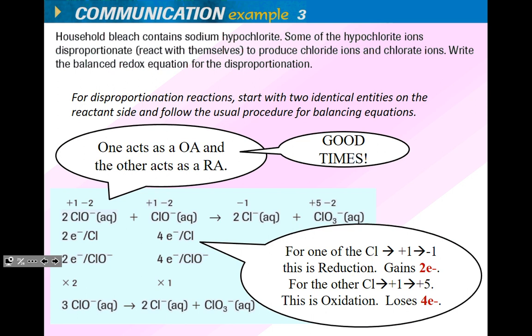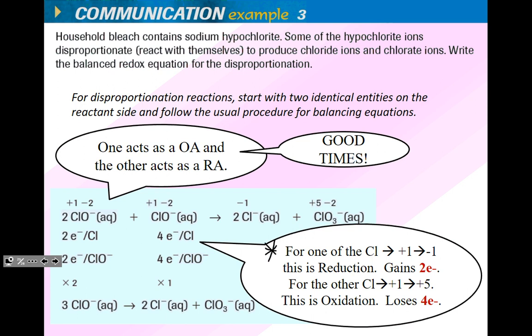Okay, so basically for disproportionation, just to review, you start with 2 identical entities on the reactant side and follow the usual procedure for balancing equations. Okay, so we talked about that. They act as the OA and an RA. Okay, good times. So basically, it doesn't matter. All we have to do is just make sure that there's a change in